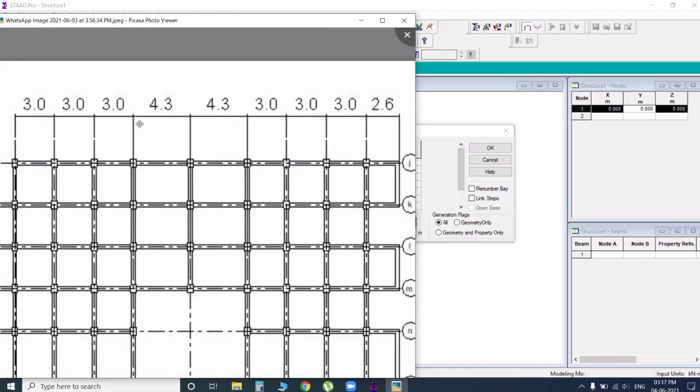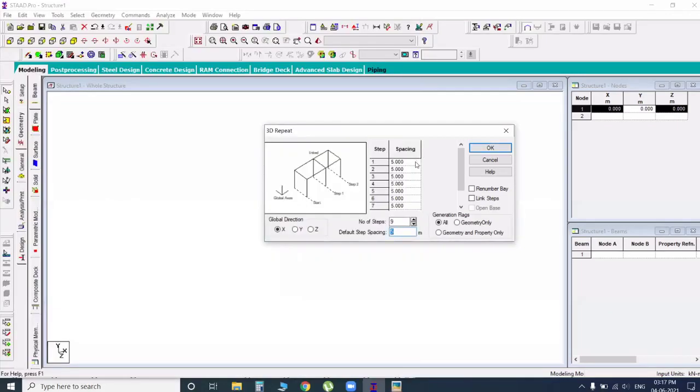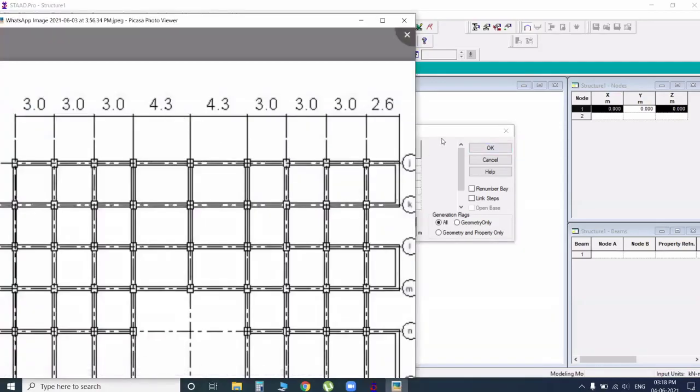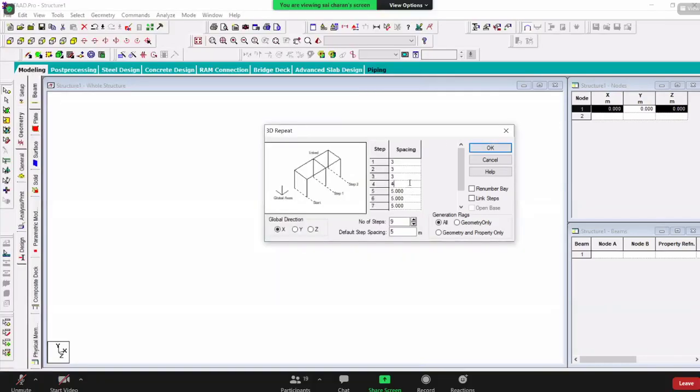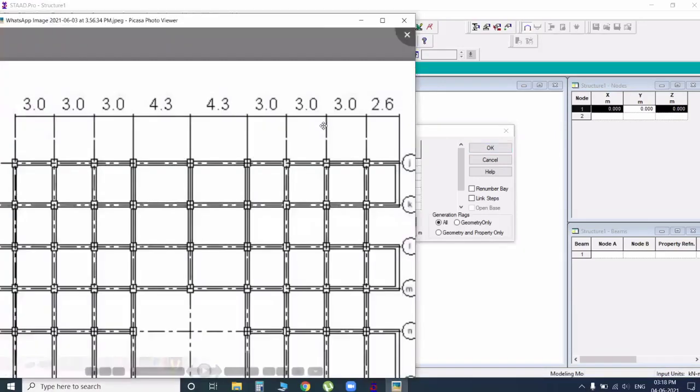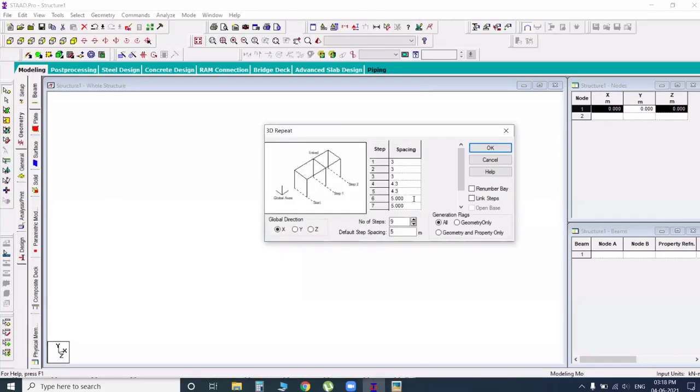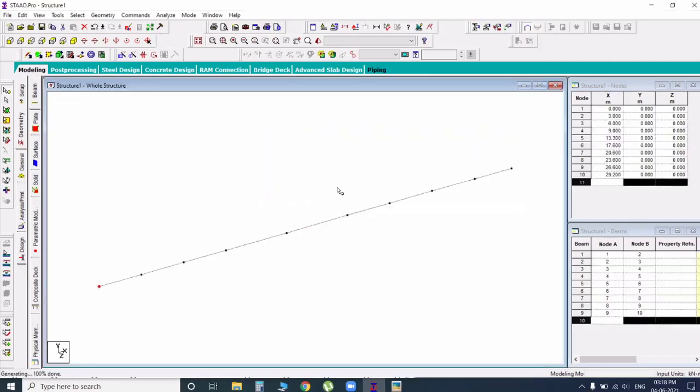First 3, 3, 3, 3, and next 4.3, 4.3, 4.3, 4.3, and 3, 3, 3, 2.6, 3, 3, 3, and here 2.6. And next link steps, click on OK.